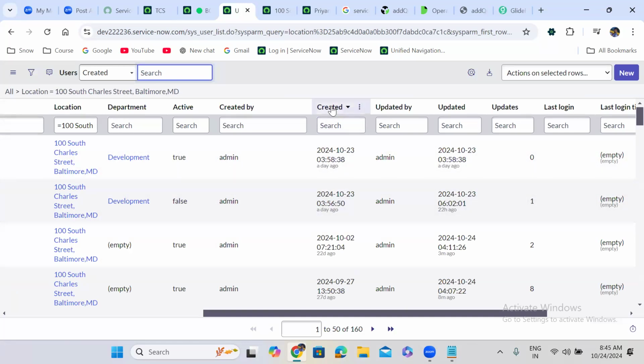Created time will be populated by system. Updated by person will be populated by system. Created by person name is populated by system. Updates is populated by system. These field values are populated by system. If you want to change the system field values,